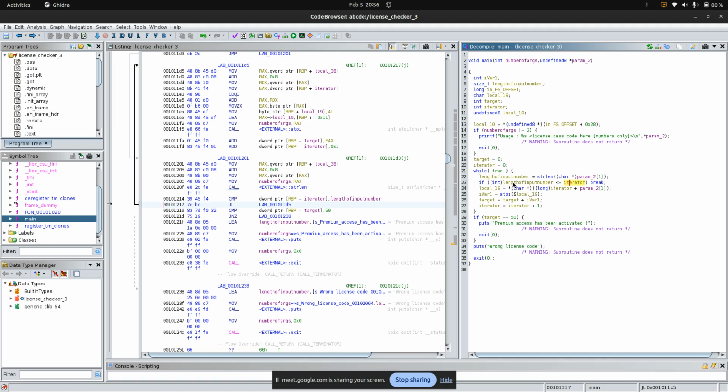Okay, so if the length is less than the iterator, it's gonna break. Fine, awesome. Now what's happening here? This is the interesting part. If you look at this properly, what it's actually doing is basically casting it. It's basically taking every single